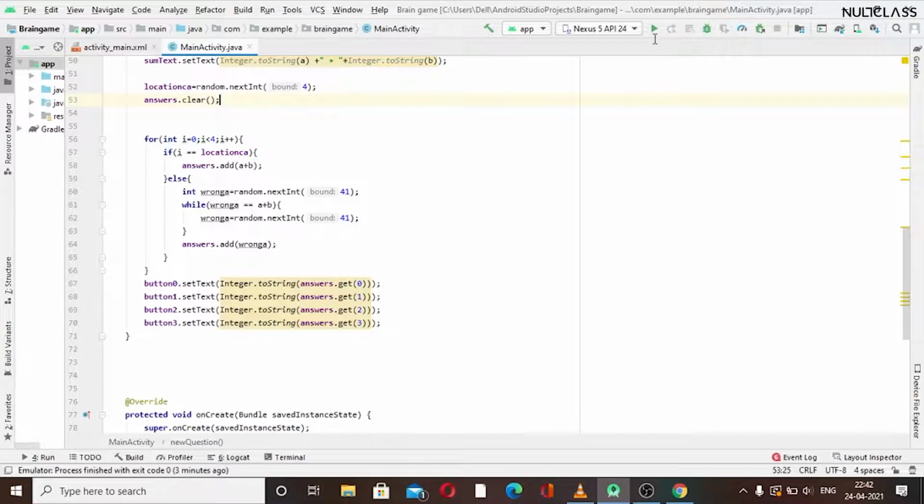So now let's just give it a run to check whether the questions are changing or not. After this we are just left with our countdown timer. We just have to change the timer so that it starts decreasing the time, and we will be finishing things off soon.